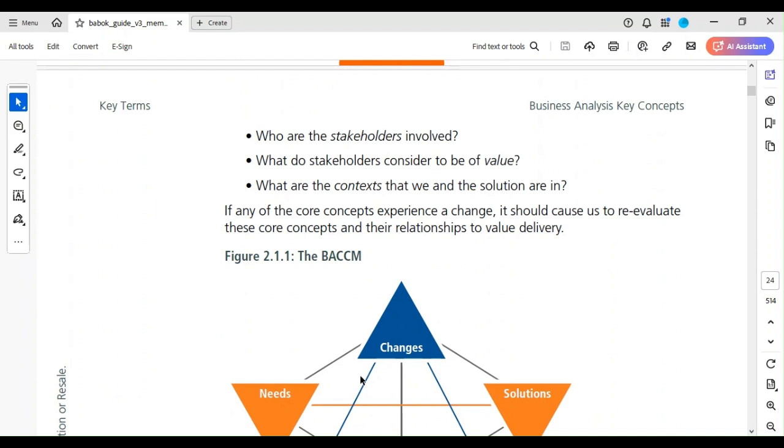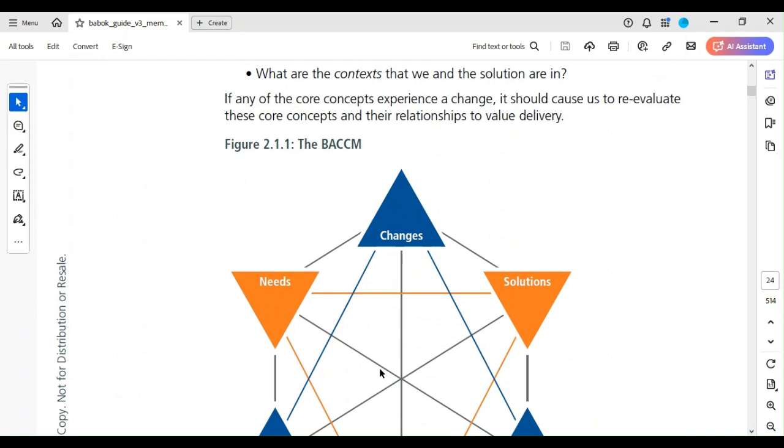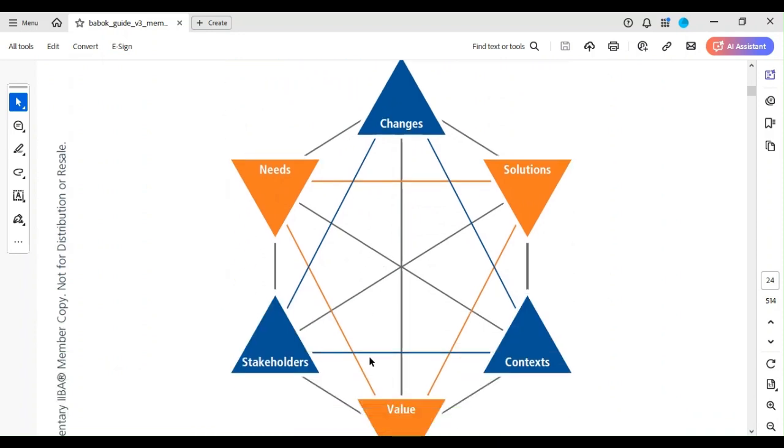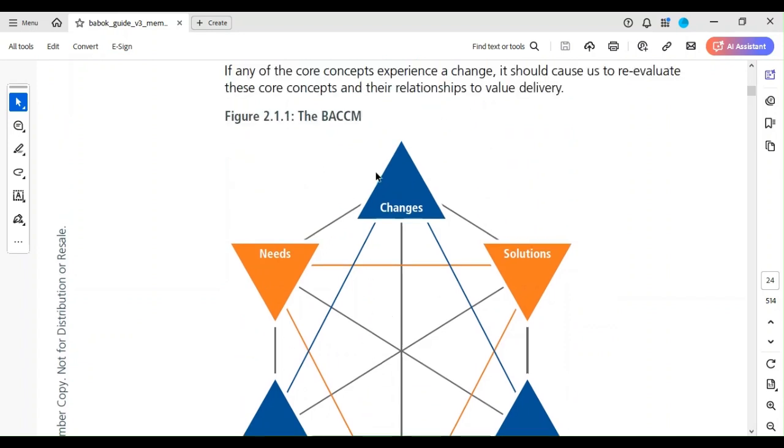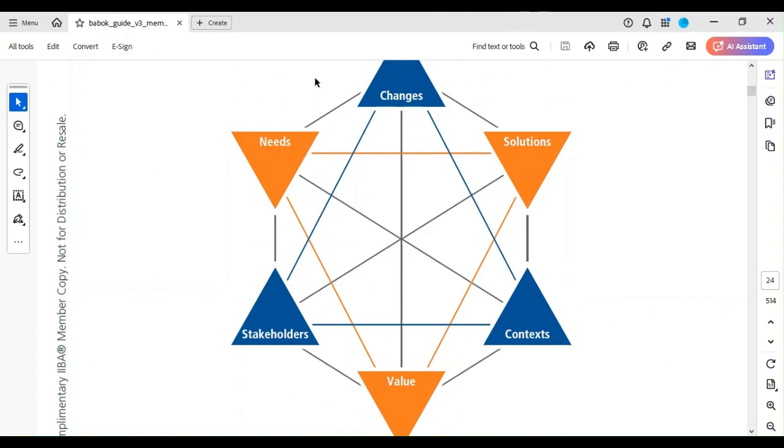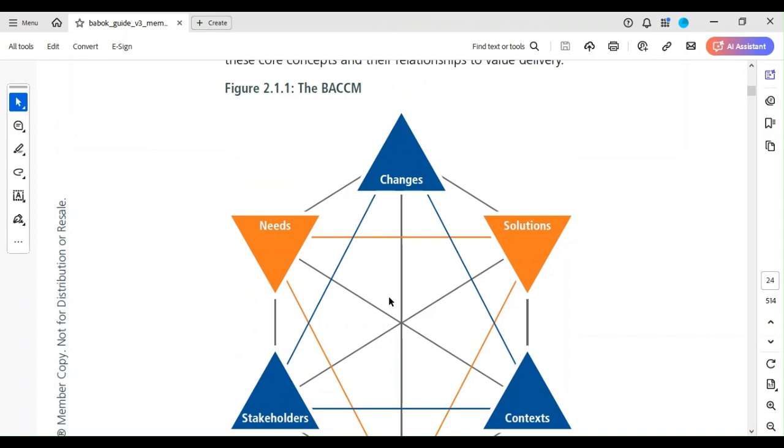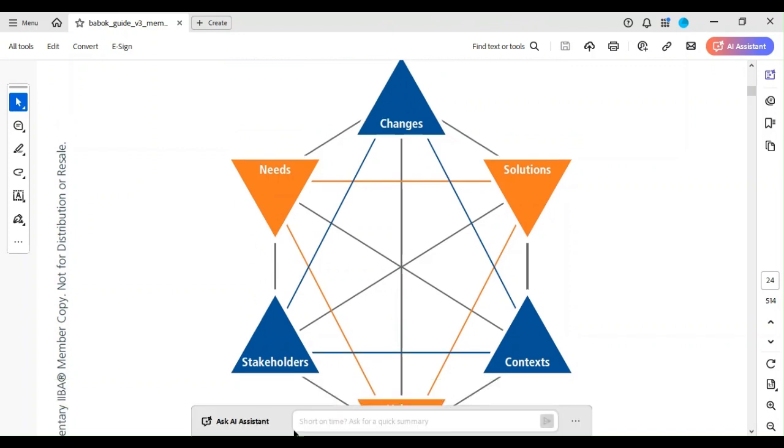We are getting close to our first break. If any of the core concepts experience a change, it should cause us to evaluate these core concepts and their relationship to value delivery. Remember, they were like, okay, excellent. This diagram is apt because remember they told us that the BACCM concepts are all interwoven, all intertwined. So whenever you come into a project, you should ask yourself, what changes are we bringing? Now, when you have given them a definition, when you have gotten clarity on where you are taking off from, and at a point something changes, you should come back to reevaluate what you have done. Okay,